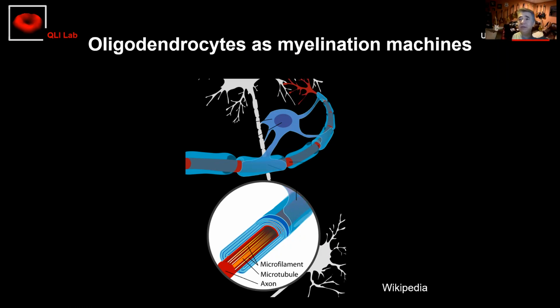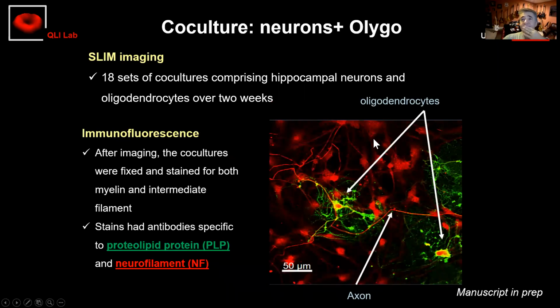And the reason it does is because we have these oligodendrocytes, these specialized cells that actually come in and start the myelinization process around the axon. So basically, what we set out to do is something I think unprecedented: to image this myelinization process as it happens at the single axon level. At the end of the day, each axon is surrounded by a 20 nanometer layer of this